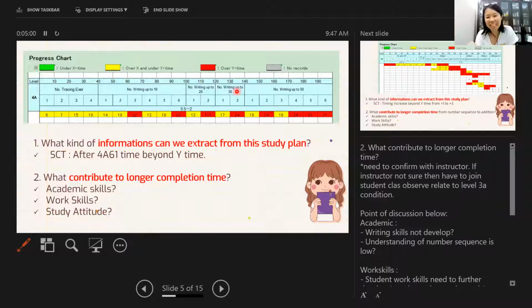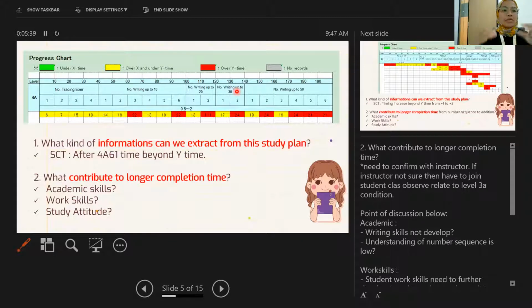I don't know what happened, because at that time I always started many online classes. So for the first month of 4A, yes, I did, so I know what happened. It's the pencil skill that cost him time, beyond the SCT time. For 3A, not yet. Okay, so this is a pencil skill. No, he writes very slowly. The mom also noticed that, and normally he can't finish copying when the teacher writes on the board either.